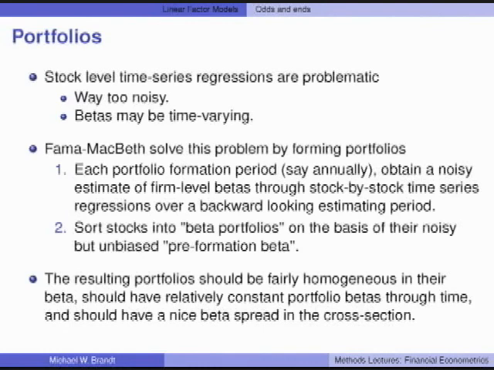Idiosyncratic risk will go down, and the systematic part, the expected return related part, will start to emerge. The other reason is betas are time varying, most likely. And when betas are time varying, we need to think about more sophisticated ways of estimating those regressions. Whereas if we manage to form portfolios that have constant betas, we can skip that step and